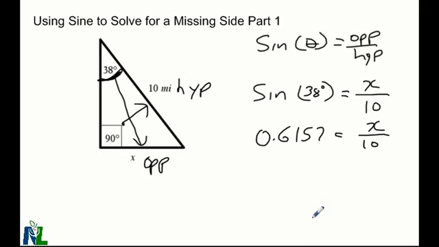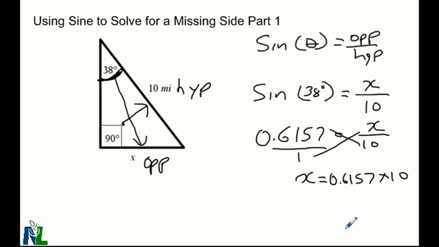Our next step is to make equivalent fractions and to cross multiply. So we can put a 1 in the denominator on the left side, and then we can cross multiply, where 1 times x is x, and on the right side we have 0.6157 times 10, which means that x is going to be approximately equal to